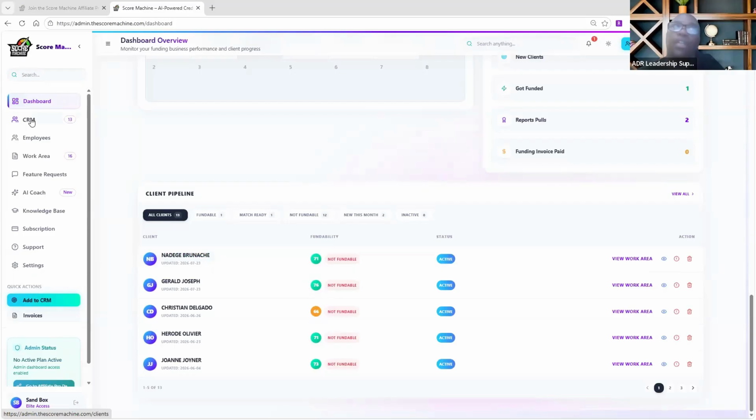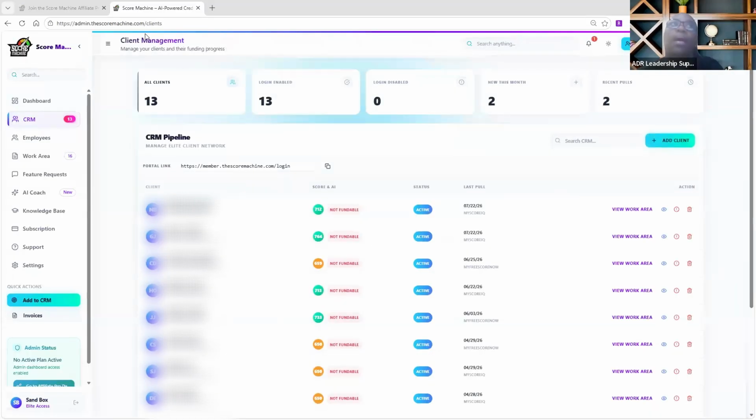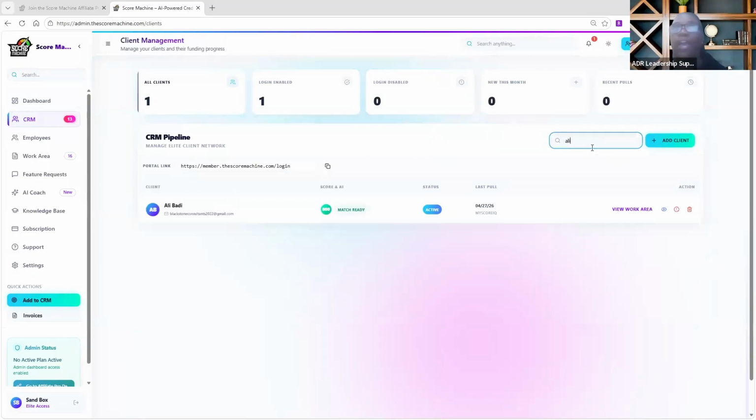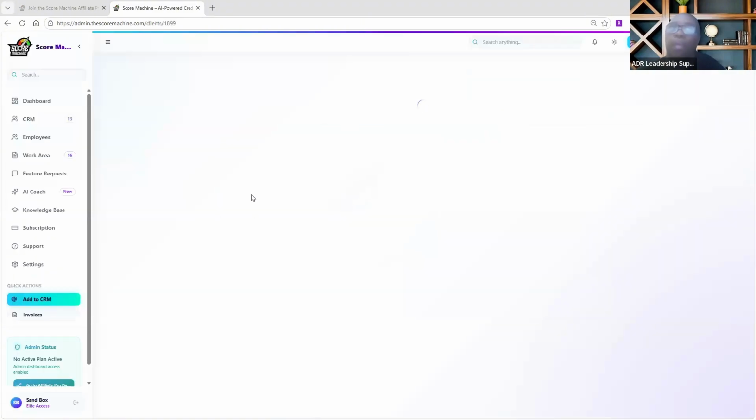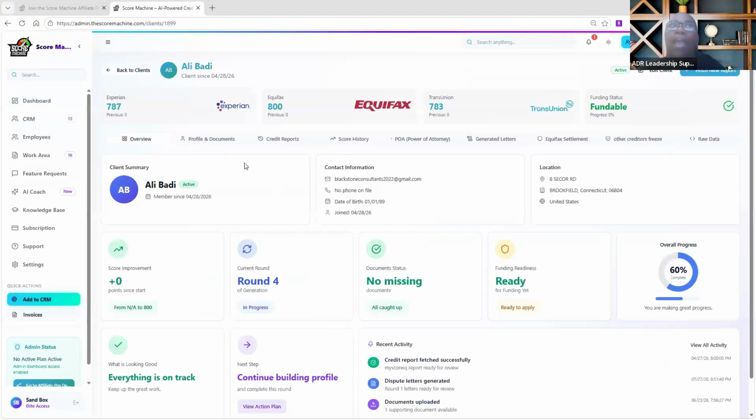So now we're going to come over here to the left side to the CRM. This is our client management. Here, if you had a lot of clients and you just wanted to find a client quickly, you can put in the name and it will pull up. We're going to pull up Eileen Batty. I love this because with this right here, what you will see with the score machine is that you will see